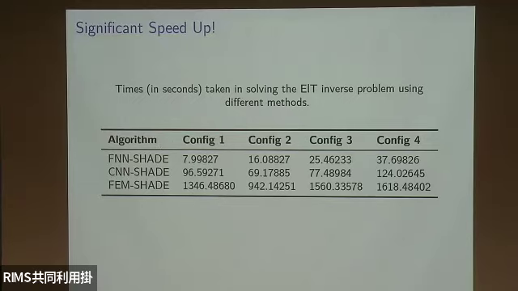With the neural network, essentially you're just solving polynomial evaluation. The hard part is the training part. But once you have the trained model, it's quite fast. Of course, CNN takes longer than FNN because you have to do convolution for the forward propagation. But once you have the trained model, the neural network is quite fast. Even for the configuration here, it only took 38 seconds for the whole inverse problem iteration.